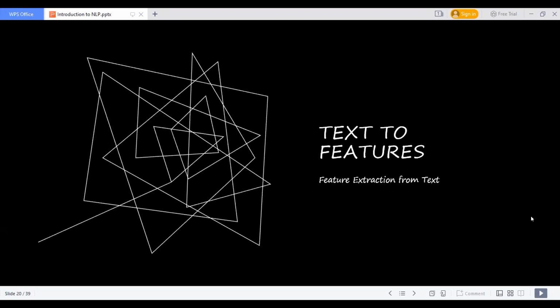Once we are able to clean the raw text which we have in the beginning, the raw tweets, which have lots of things that are not required, the URLs, the hashtags, the emojis, the punctuation, and stop words, which are not required to analyze the sentiment, we will remove those. Then we will extract the important information.